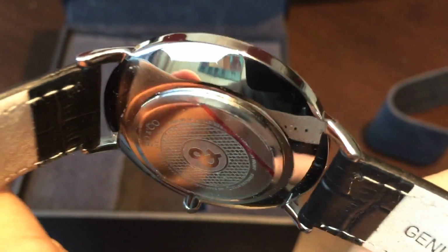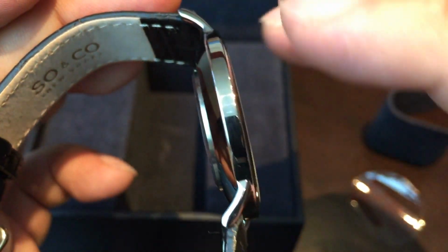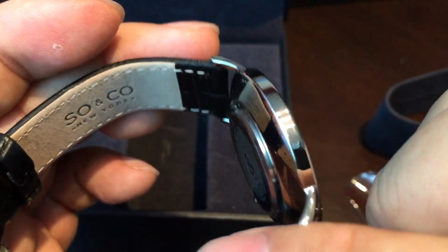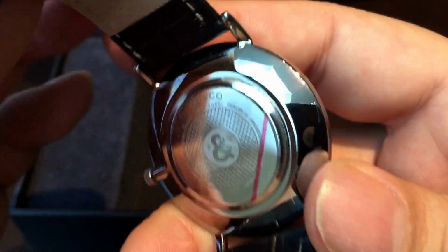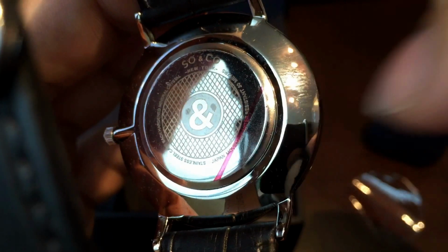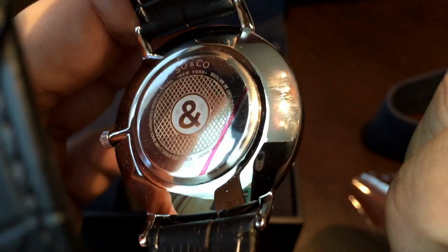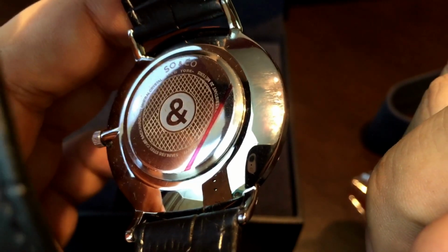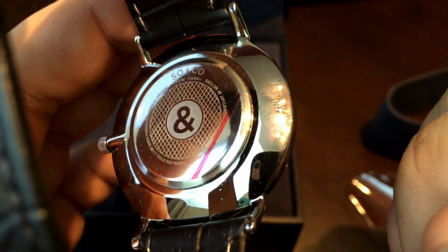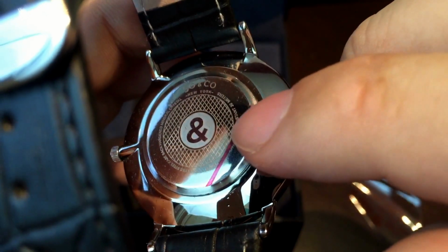The polishing is pretty nice. It's interesting in that it has this kind of a little bowl shape for the quartz Japanese movement in there. I'm assuming maybe a quartz Miyota. And it's kind of like a squished Arnold & Son watch in some ways. And typical, it's really very bold. And on the back there, a little of the laser etching, kind of the quilted pattern there with the So&co. Now, what I will tell you is this ampersand symbol in the circle thing, to me, is, let's be gentle and call it an homage to Bell and Ross, which I just showed you one of my Bell and Rosses. I love that company, but it's a little bit,